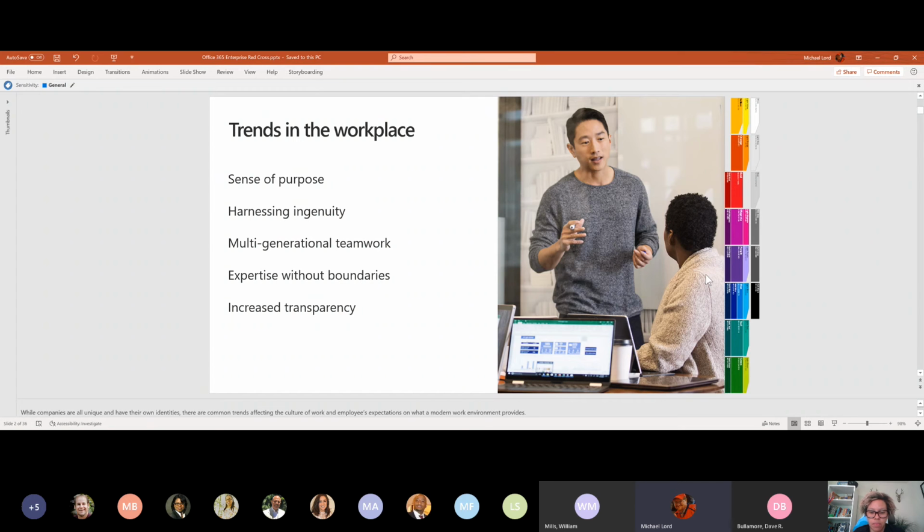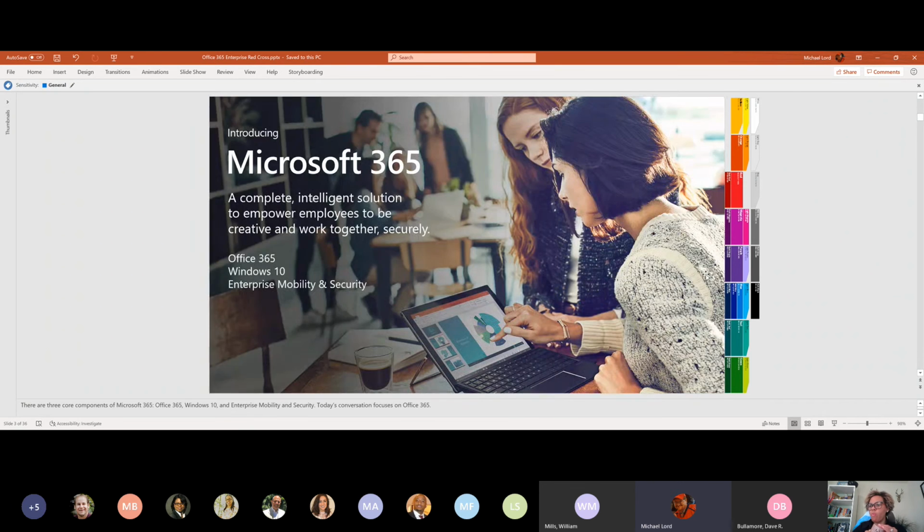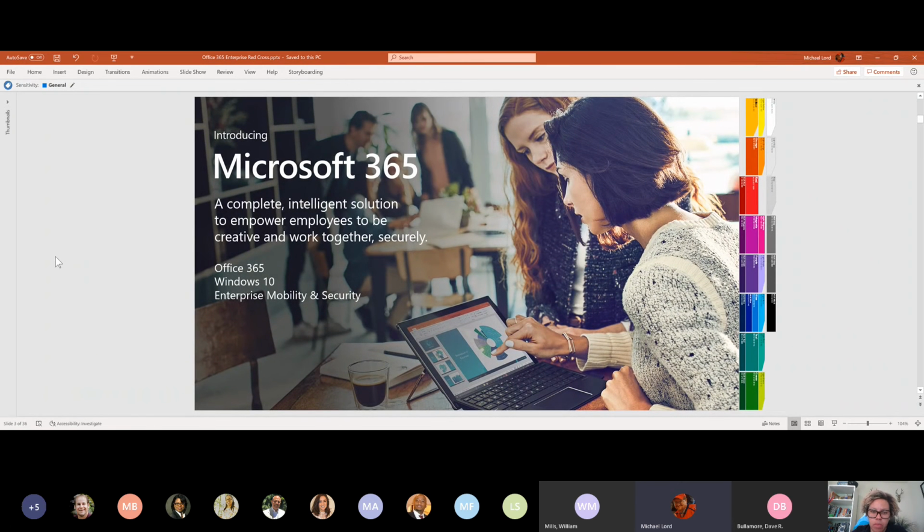No problem. So when we talk about what Microsoft's doing, just understand, to bring it all together and give you that high level understanding, that we're looking at how trends exist in the workplace, how people are harnessing their ingenuity, how they're working together and providing their expertise, providing their capabilities across different technologies, and to make folks more efficient at what they do. So really, when we get into a lot of the things that happen in Office 365 and across our integrated platform, you will see these trends coming in. Now, you will hear about something called Microsoft 365.